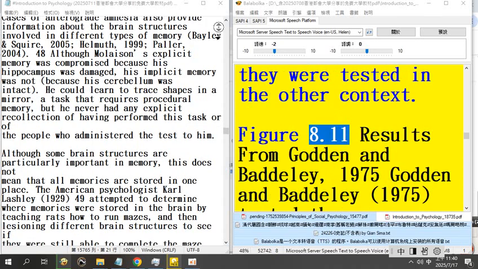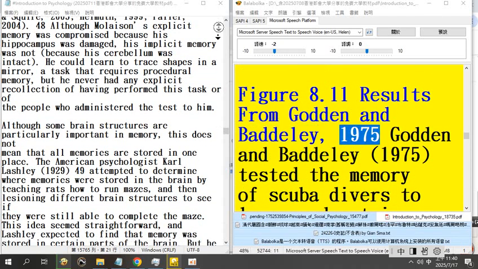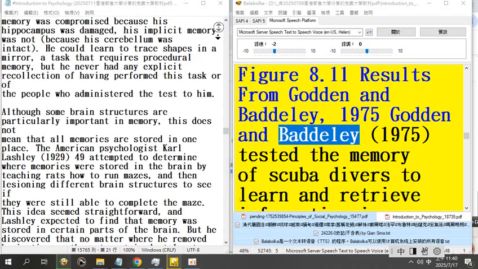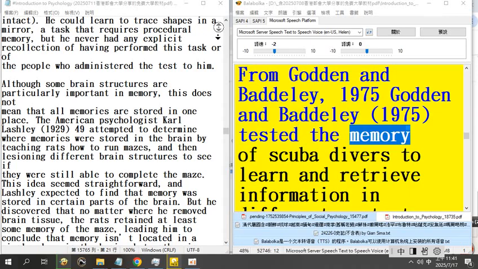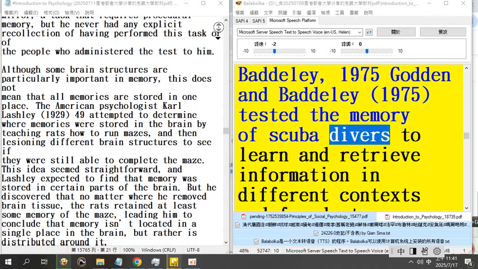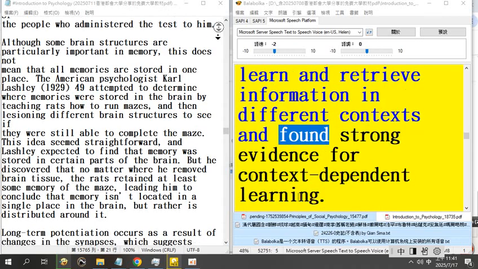Figure 8.11 Results from Godden and Baddeley, 1975. Godden and Baddeley tested the memory of scuba divers to learn and retrieve information in different contexts and found strong evidence for